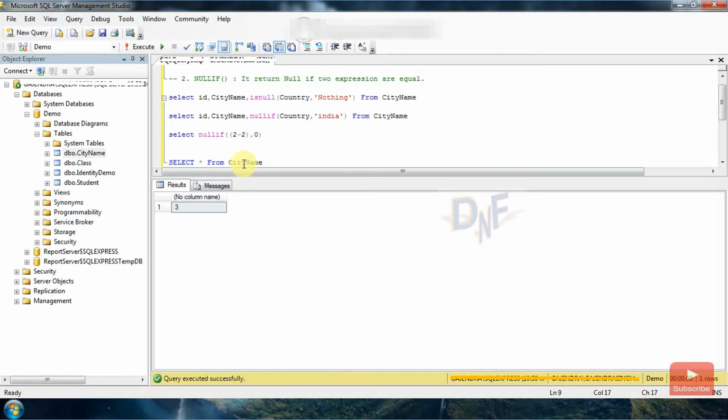If the 2 minus 2 result is 0 and the 0 value equals the second parameter, then it returns the null value. This is the main use of NULLIF. I hope you guys understand the difference between these two functions. Thank you for watching this video.